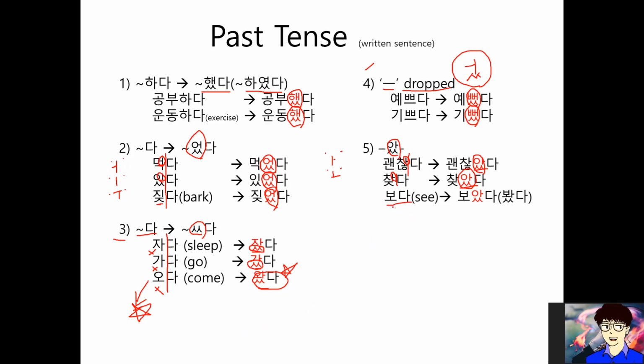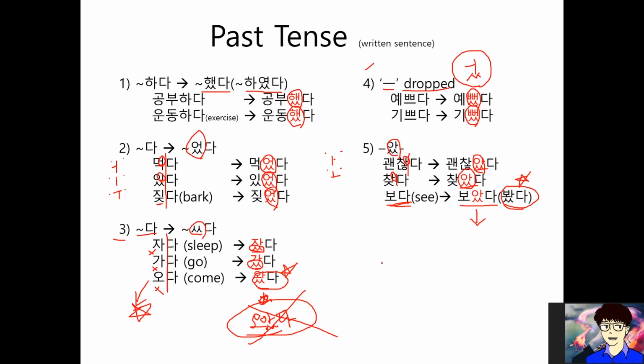However, 보다. Let's take a look at 보다. So 보다, there's no 받침, right? So you can say like 봤다. It's very similar to 오다, 왔다, right? However, there is a huge difference. 봤다 is actually a short version of 보았다. So there is a word 보았다 in the Korean language. Okay? However, 오았다 doesn't exist. This is a huge difference between 오다 and 보다.